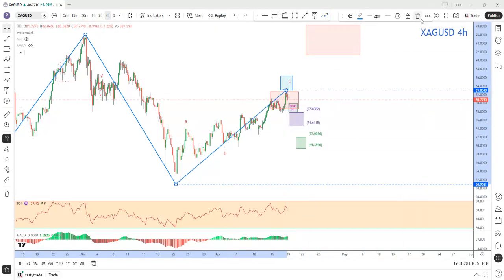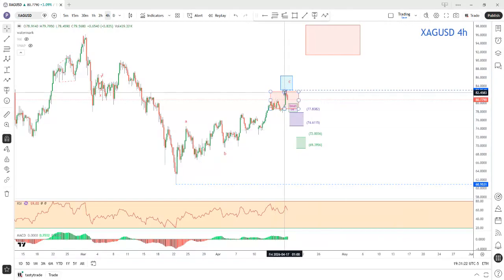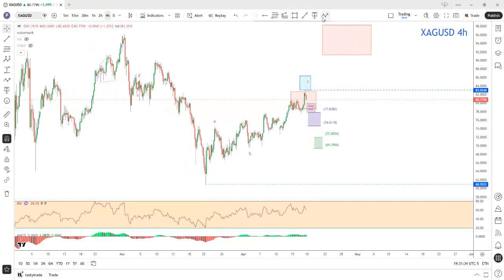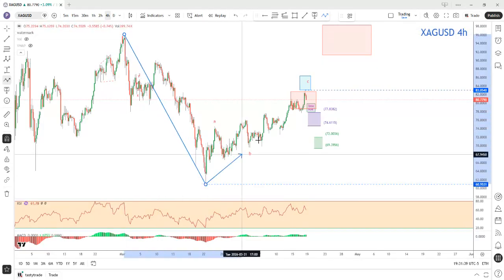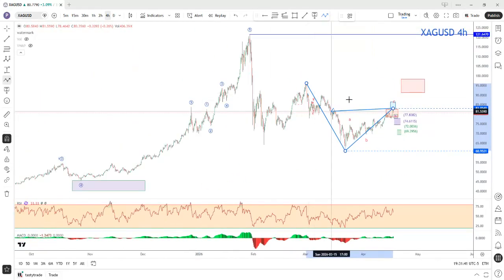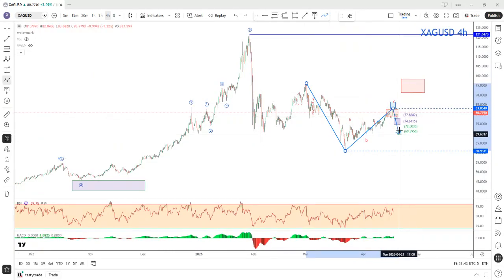And so it is a little concerning for me that they just barely broke above the top of this red box, just barely, and now it's selling off. And so now that really could be setting up for 3 waves for 1, 3 waves for 2, and then you're going to come down for 3 waves,